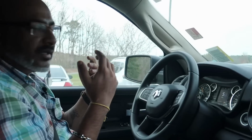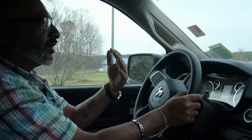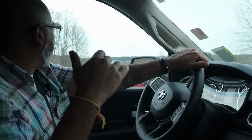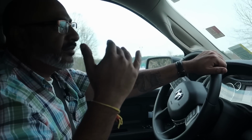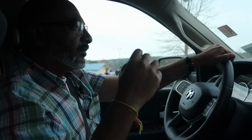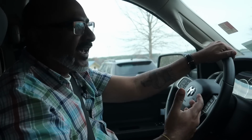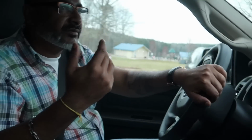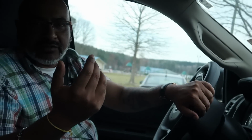It's so nimble. I mean, you saw the size of the truck when we were on the outside. The hood stands as tall as probably me, which is 5'7", and this is a huge truck. But when I give it gas, it just feels nimble. It feels as though I'm driving a smaller SUV, let's say. It just gets up and goes. It's ready to go, and